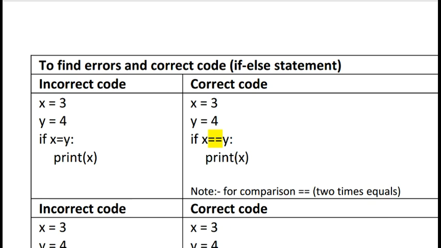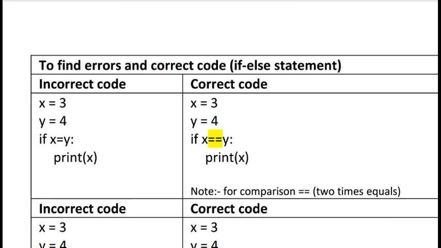Here, a single equal sign always stores a value, always assigns a value, never compares two values. So x = y is an assignment statement, not a comparison statement, because when you want to compare equality you must use two equal signs. So in an if statement, x = y is completely wrong.